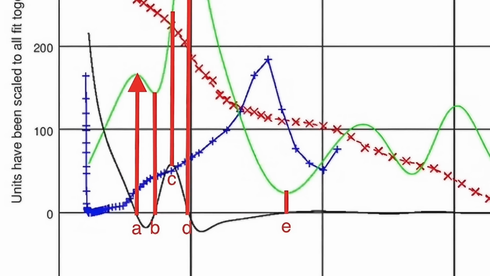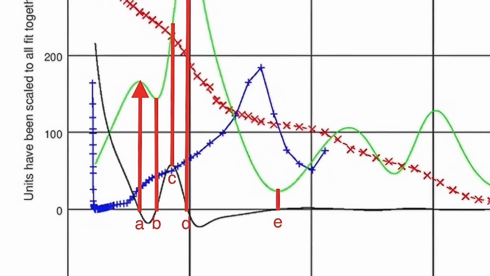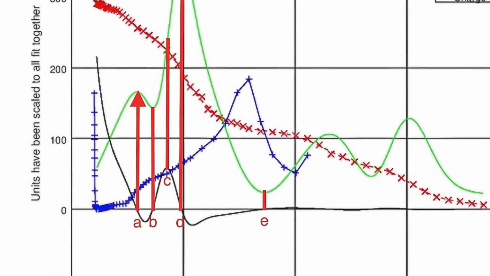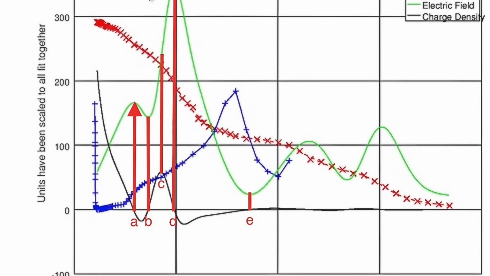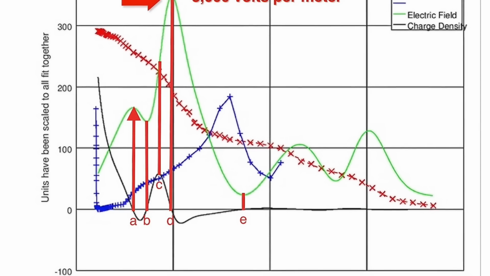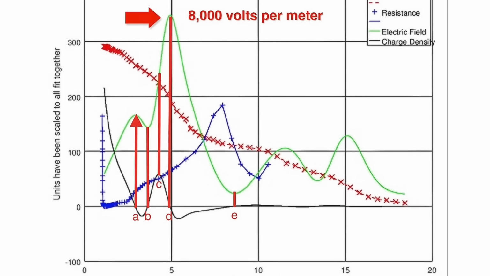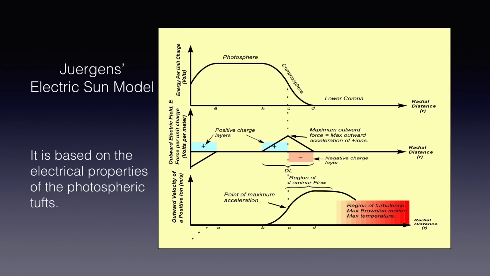Sixth, a negatively charged spherical layer is located just to the right of point D. Its location and thickness, from radius values D to E, you can see it's a little thicker than the positive one. This corresponds to the location and radial extent, the thickness, of the downward pitch of the E field plot. You see the green stops at point E, stops going down. These two concentric spherical layers, the positive and the negative, constitute the double layer predicted by Ralph Juergens and other investigators of the electric sun hypothesis.